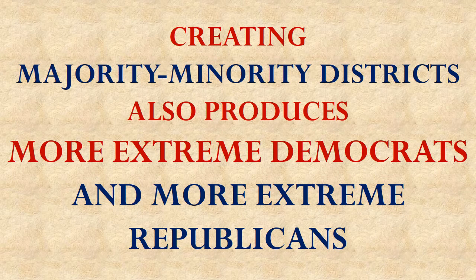This then has an effect on the more Republican districts around them also, because they are more Republican. The people getting elected from there have to be more Republican in the way they appeal to voters, which makes them more extreme also. So the creation of these majority-minority districts is making everybody in Congress more extreme. When you make them more extreme, they're less likely to get along with each other and get things done.